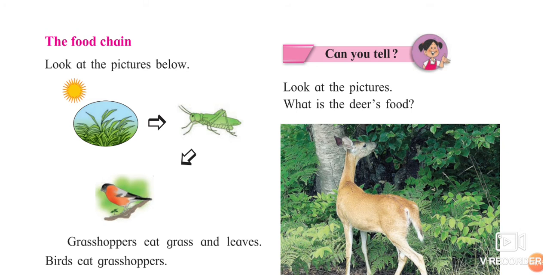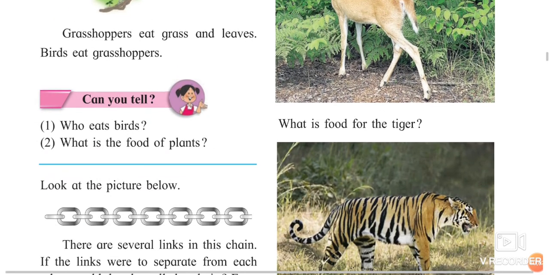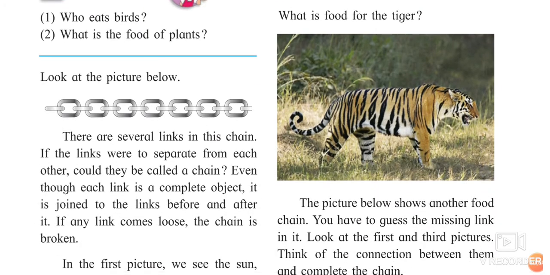So the plants are dependent on sunlight. Now who is eating those plants? Yes, the grasshopper is eating those plants. Who is eating that grasshopper? Again, you can see the sparrow present over here. The sparrow, or that bird, is eating that grasshopper. In the same way, there is a chain between them. Chain, like now you take another example. The grasshopper is eaten by frogs. Frogs are eaten by snakes, and snakes are eaten by the eagles.